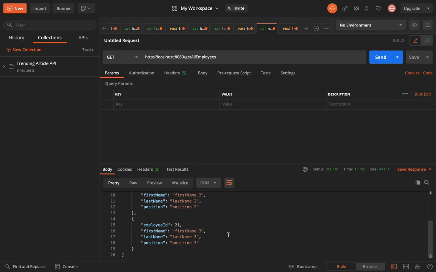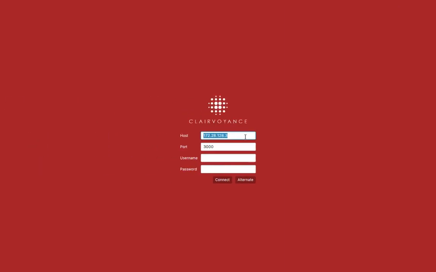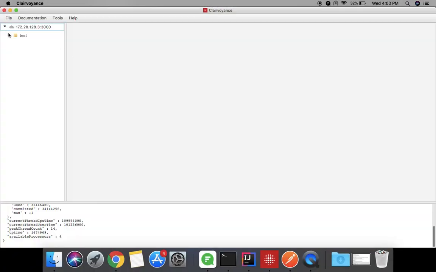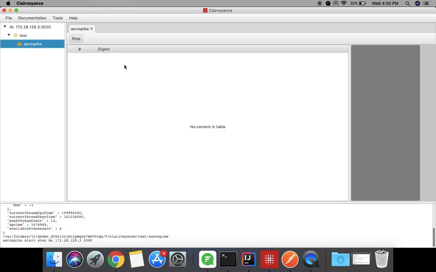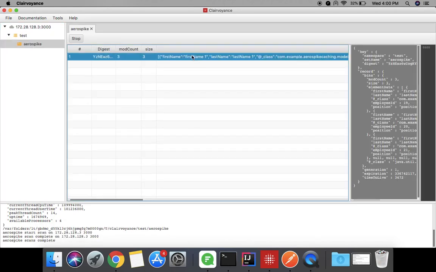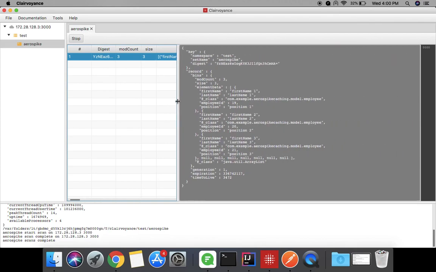And if you want to look at your cached data in Aerospike, you could use this Aerospike UI tool, which is not the official tool, but a private project. So here, this is the cached result we have, and this is the time remaining until the data expires.